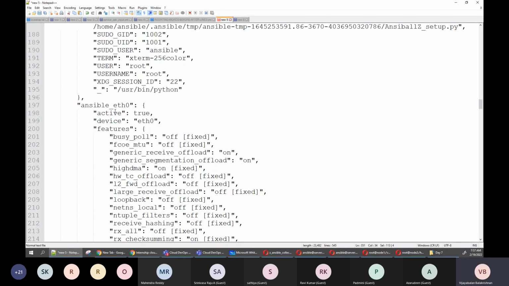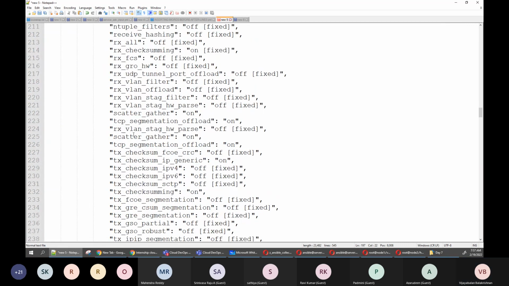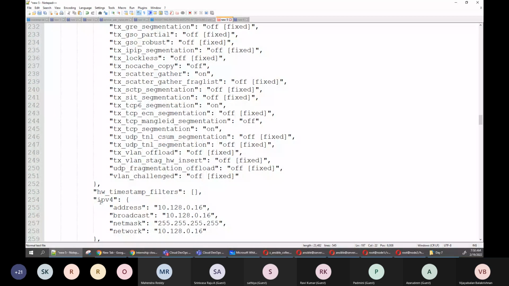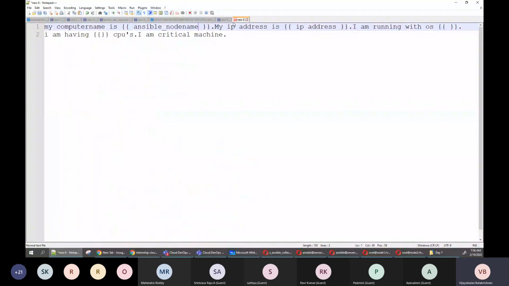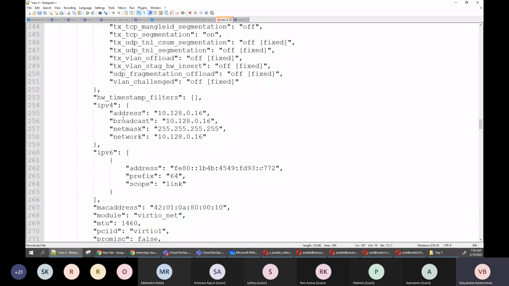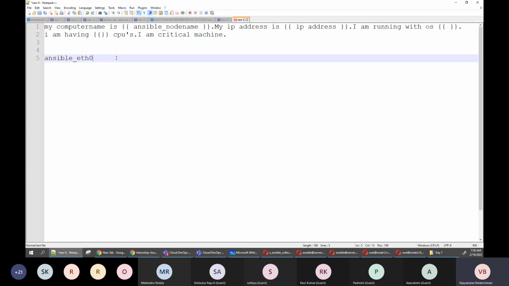So ansible_eth0, then go here to ipv4. You need to generate it like this. Go here, ansible_eth0, copy this. First we will create it with eth0, then come down, ipv4, okay, ipv4 dot address.